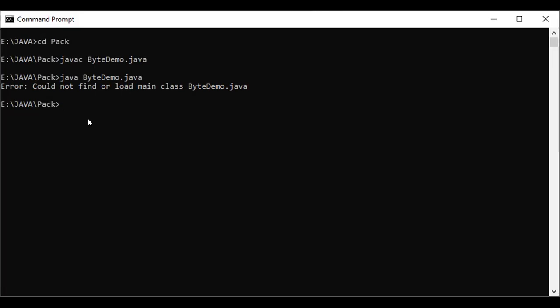So come out of this directory pack with cd dot dot. Now we are in my current directory, and you can execute that file using the command java, then the package name pack, dot, then the class name ByteDemo. This is the way you can execute